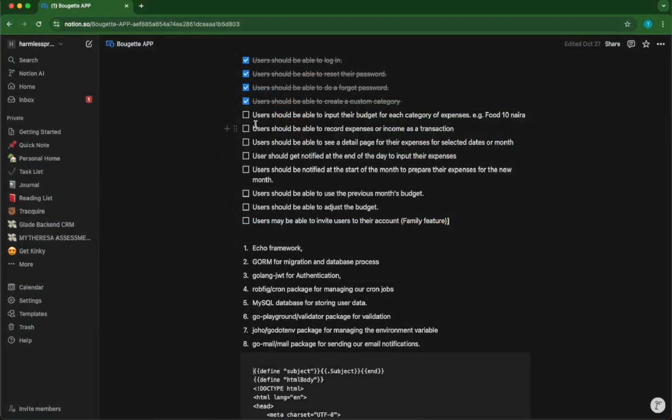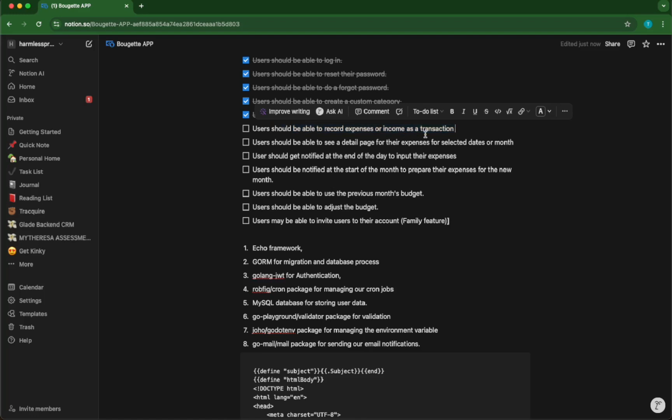In the previous session, I taught us how to get a list of users' wallets based on the currently authenticated user. In this session, we will be moving toward the process of being able to record an expense or income as a transaction. We've already taken care of creating a budget and associating a category to a budget. Now, this is what we are going to take care of: recording expenses